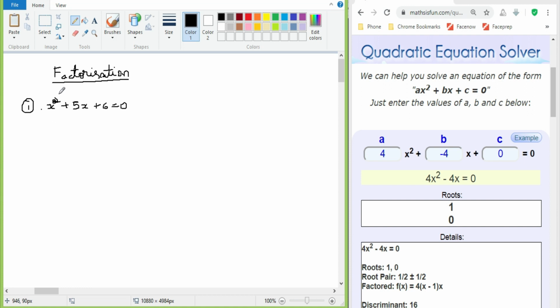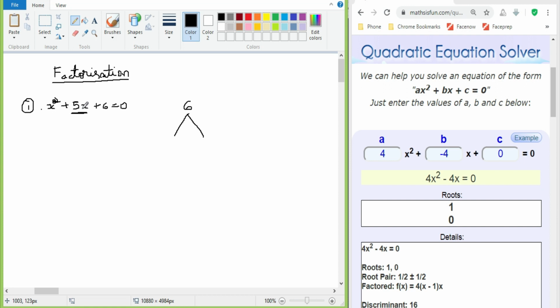Okay. As we already know, what we are going to do is split the middle term into two parts. That's what we are going to do, right? So we'll split the middle term into two parts by taking the last term, and we are going to take the product and the sum of the last terms, right? First, we are going to take this 6 here and split it into two numbers such that the product of the two numbers is equal to 6 and the sum of the two numbers is equal to the central term.